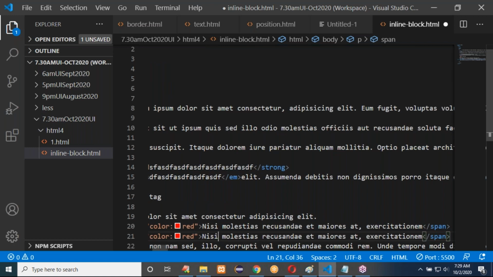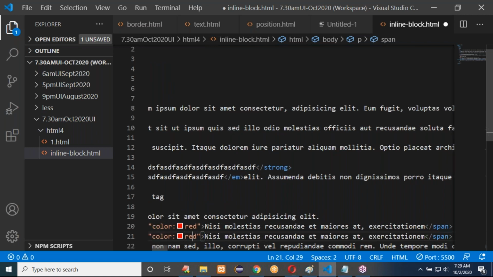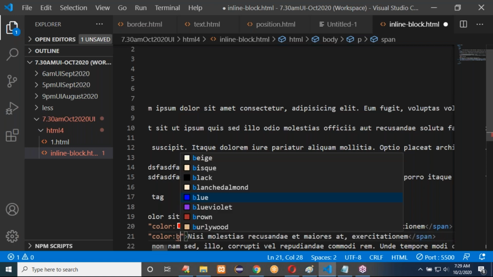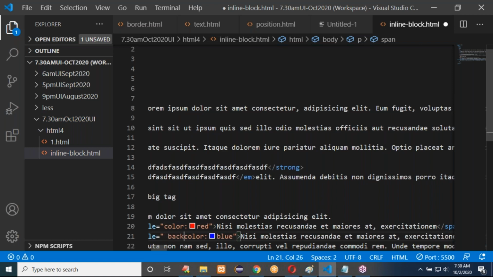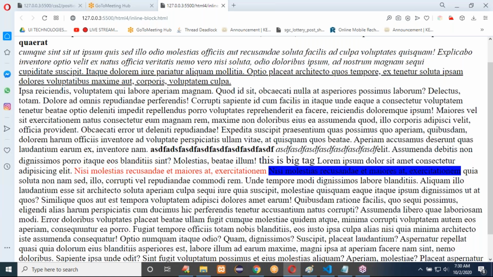Rather than font color, I can write yellow or some blue color. If you write background hyphen color, that is a CSS property, and by that I can show the content in background blue color.